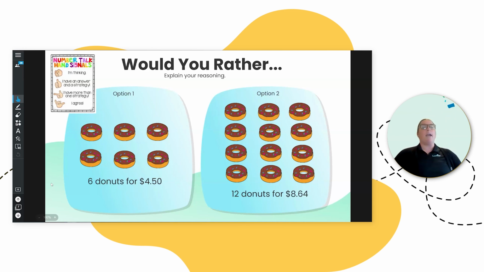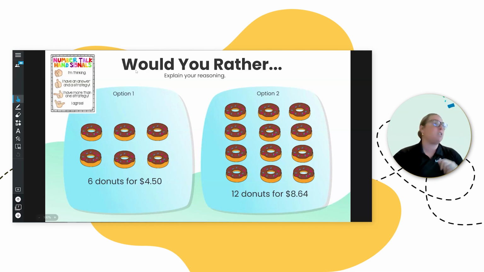Another good way of maybe using Lumio for upper elementary is just really maximizing with the graphic organizers. So a lot of us do number talks, and you have amazing slides probably already created, but you could always start creating them in Lumio as well. So I just wanted to showcase the graphic organizers.